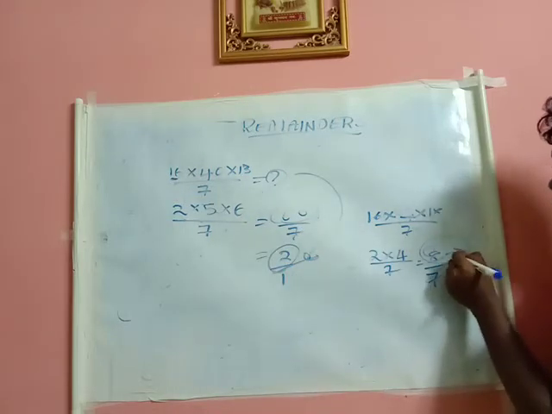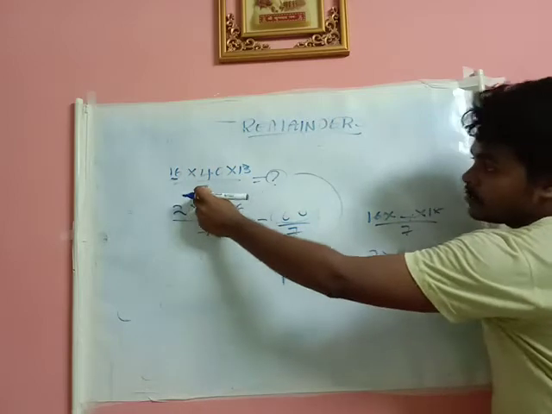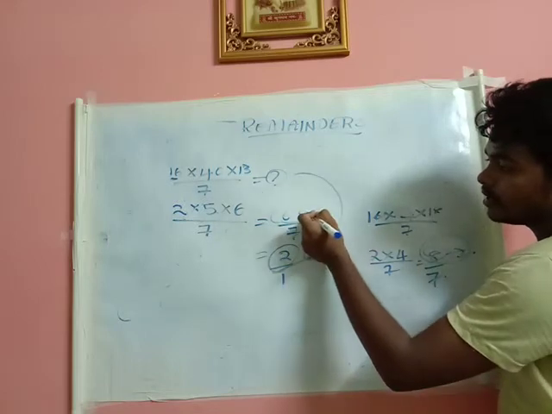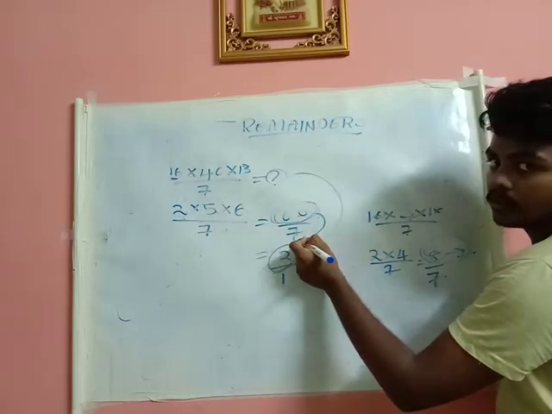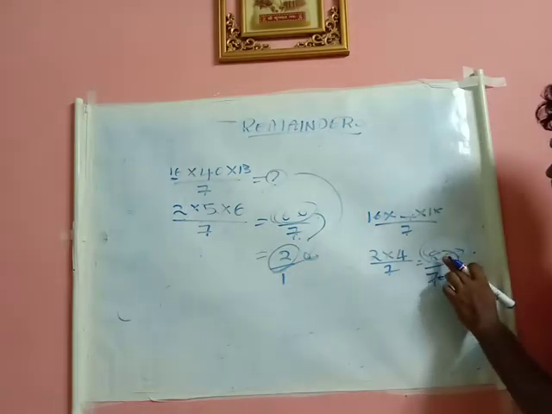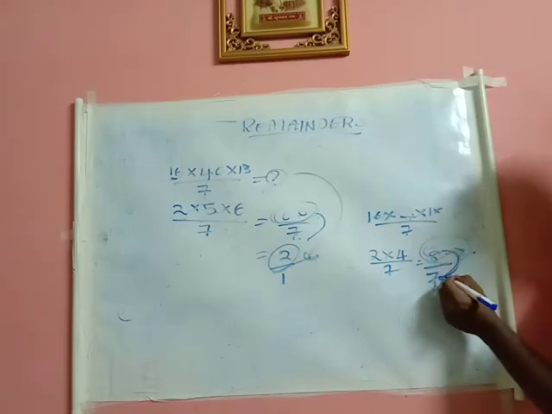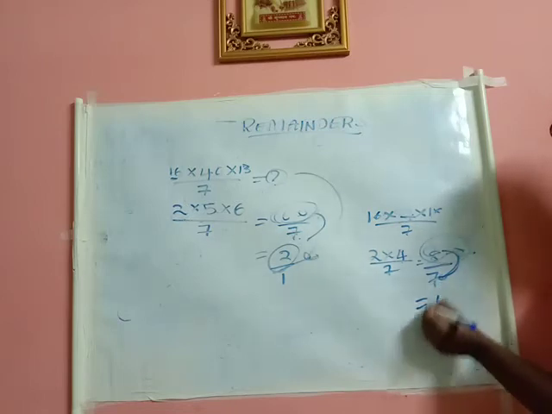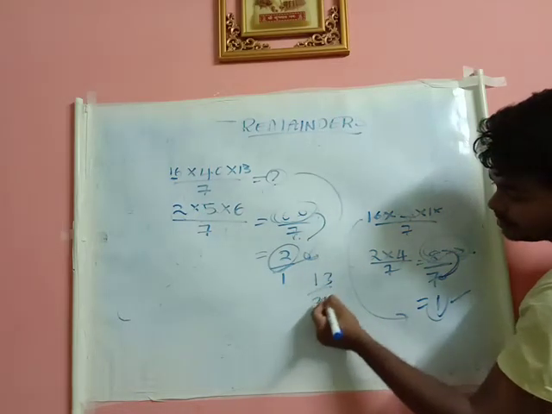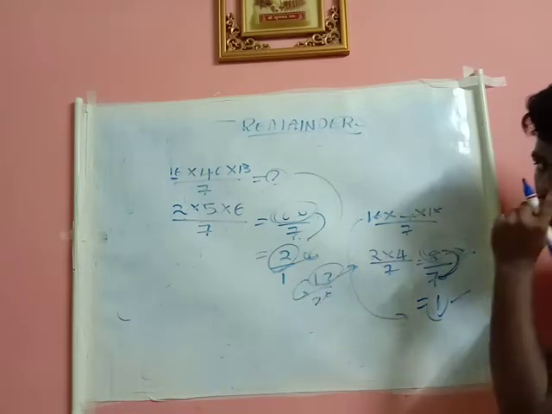So this is the case where the remainders will put us in a confusing state, right? So what I told, initially you divide each individual term by the given number. You put the remainders and multiply them, and then check whether the product is divisible by 7 or not. If it is divisible, then you go on. If it is not divisible, you don't do like this, you just put 8 by 7. So 7 1 is 7, so the remainder is 1. So the answer for this is 1, not 8, right? If you get 13 by 26, in this case 13 is the remainder. So always the numerator should be less than the denominator.